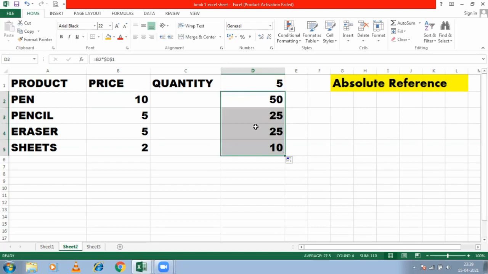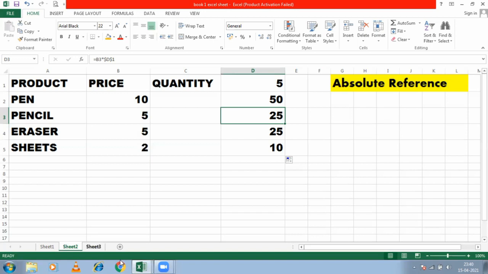But what's the difference between the previous one and this one? This one, look here. What is the formula of this? B2, D1 is fixed. This one is fixed. Look here for this, B3, we have not fixed this, so it's B3. And $D$1. So this one is fixed. So this is the way if we put a dollar sign, we will be able to fix one cell or a group of cells, whatever we want to fix. Fine. Is that clear? Okay.